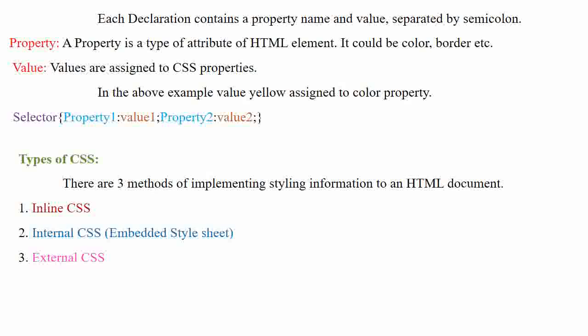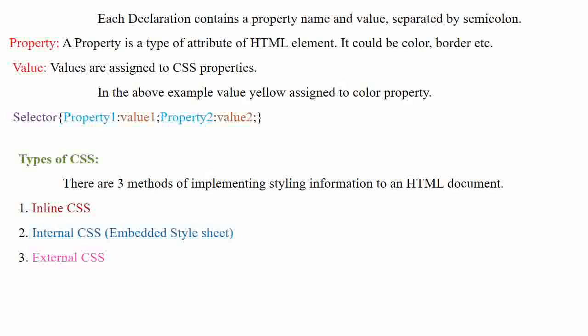It could be color, border, etc. Values are assigned to cascading style sheet properties. In the above example, the value yellow is assigned to the color property.